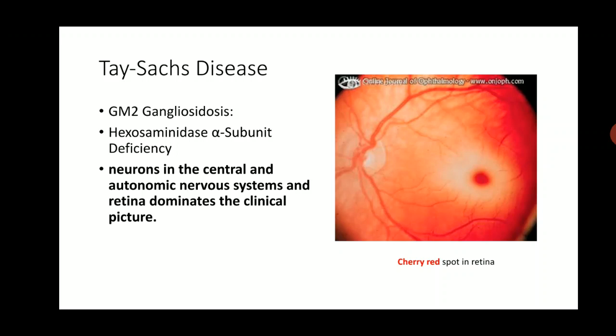Typically these patients show a cherry red spot in the retina. When you do an ophthalmoscopic evaluation of the eye, a cherry red spot appears around the macula. This is because in the neurons around the macula, a lot of gangliosides accumulate, making the area look yellow or pale. Leaving behind the central area which is devoid of neurons, the central area appears red. This is known as the cherry red spot. This is not unique to Tay-Sachs disease. It can be seen with Niemann-Pick as well as Gaucher's disease also.